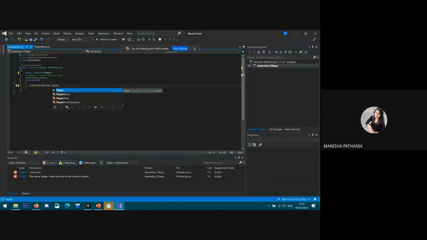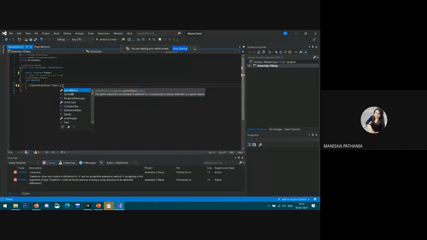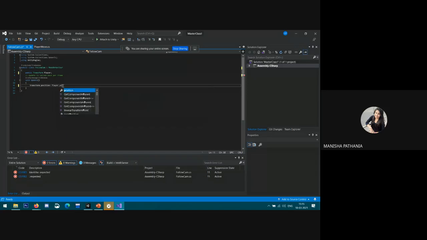This script is applied on the main camera, so I need to write transform.position equal to player.position. Yeah, perfect. And now try it in Unity.